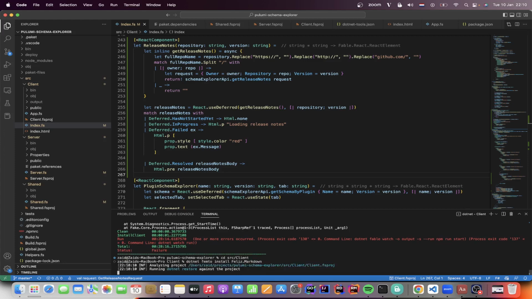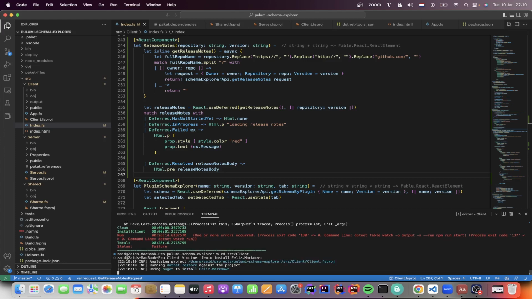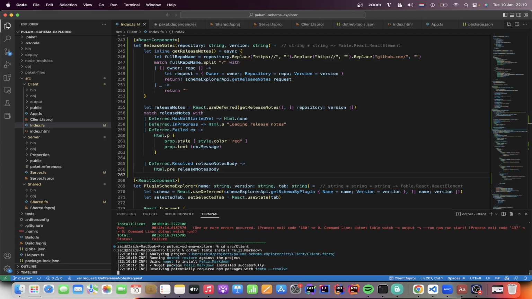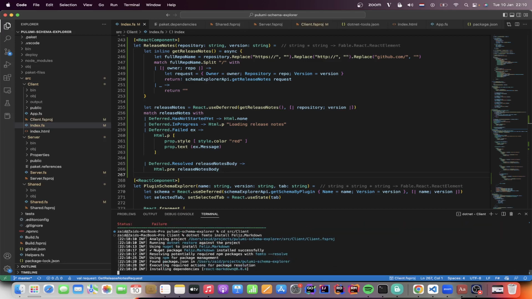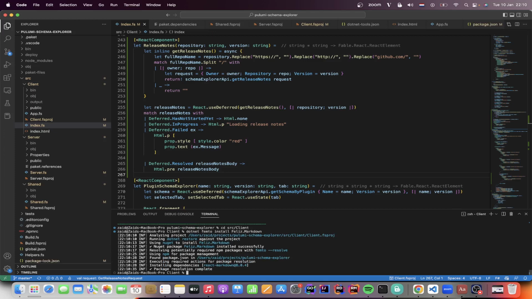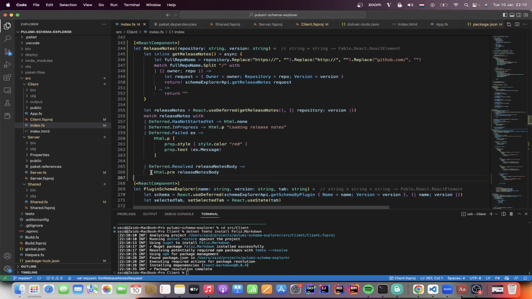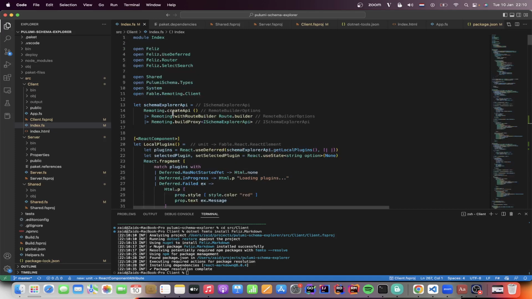So if we do this, using NuGet to install Feliz Markdown, that's good. Resolving packages using femto resolve, which will realize that it needs React Markdown. Yeah, now it's installing React Markdown with the right version that Feliz Markdown depends on, and it's all good. I think I can start using it. So that is open Feliz Markdown,